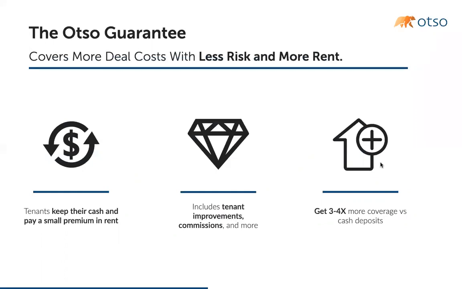And that gives us a lot of flexibility at Otso in being able to serve our landlord customers effectively, because every lease is a little bit different, but they typically all have some level of monetary, non-monetary, and post-leasehold condition defaults. We were able to cover all of those. So that's really, really important. But the program, at its face value: if we're able to make an approval, the tenant is able to keep their cash and they pay a small premium, which we will get into how that works, in their rent. And so it's no additional liability.